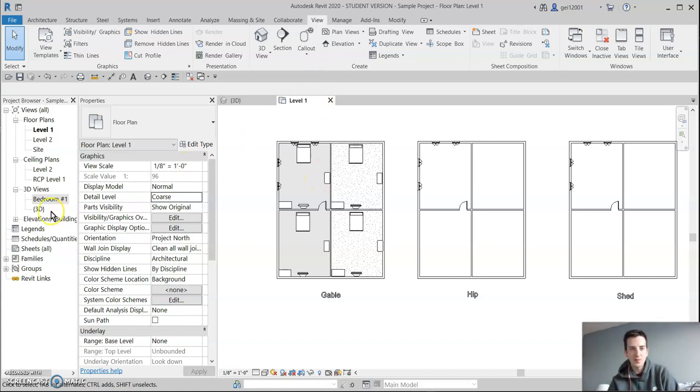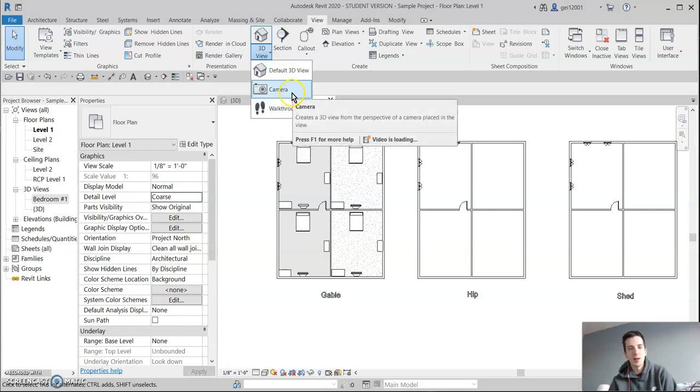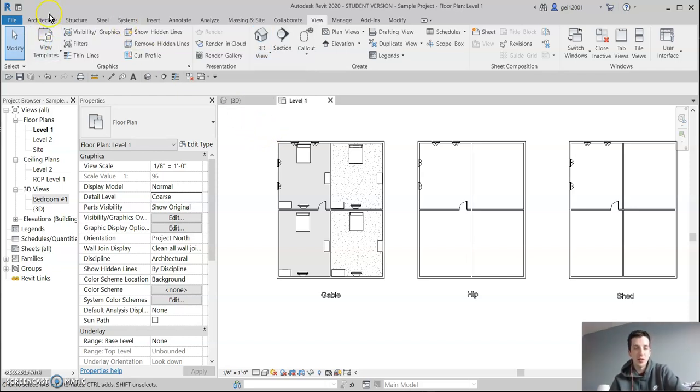So just to get a better view of that, a different angle of that view, I'm going to go back to camera. I'm going to click it again. Obviously, I don't know if I said this before, but camera is under the view tab. You hit the view tab, you go to the 3D view, you hit the drop down button, hit the camera button,